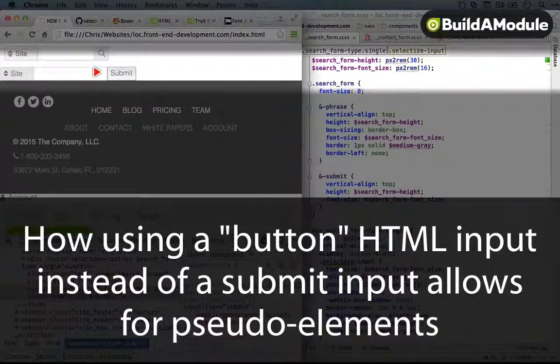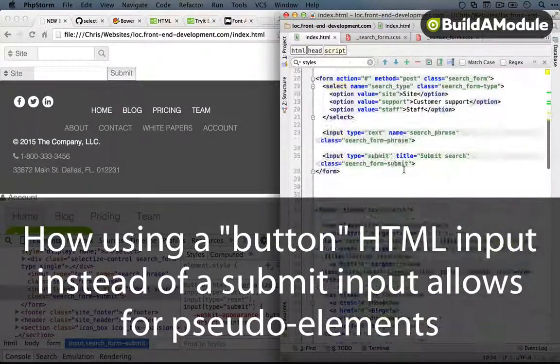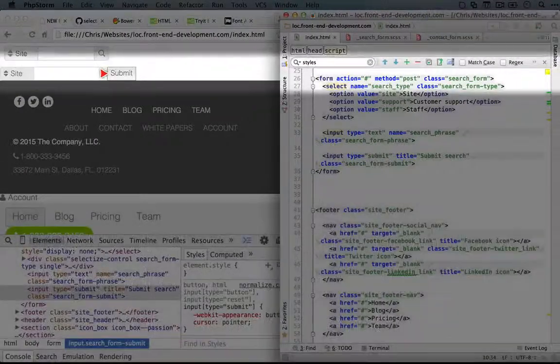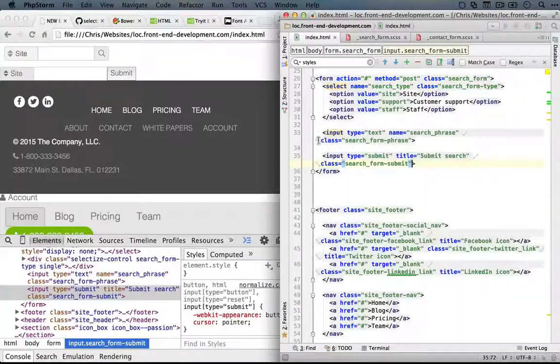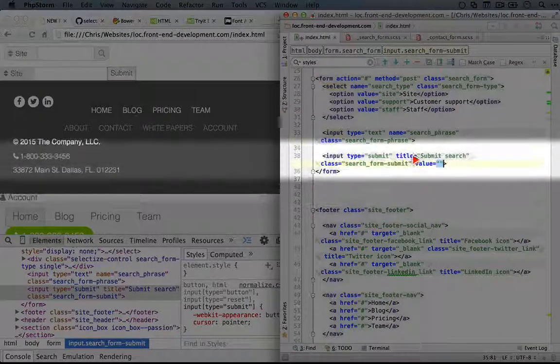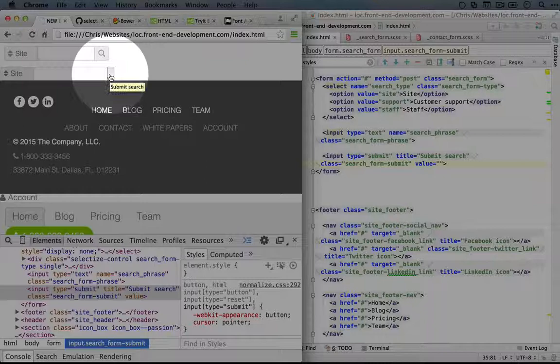And now let's deal with the submit button. I'm going to jump over to our HTML file and scroll down here. When we didn't add a value for our input, the browser selected the default of submit. So we'll need to set the value of this in order to override it and have it be nothing. So we'll do value equals and then an empty phrase. We'll refresh. And so now we have an empty element to start out with.